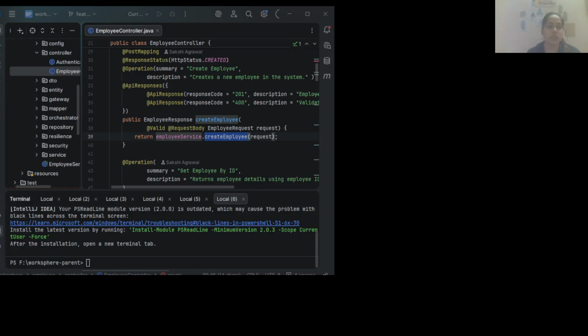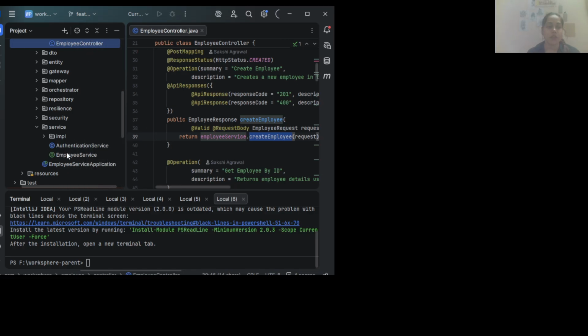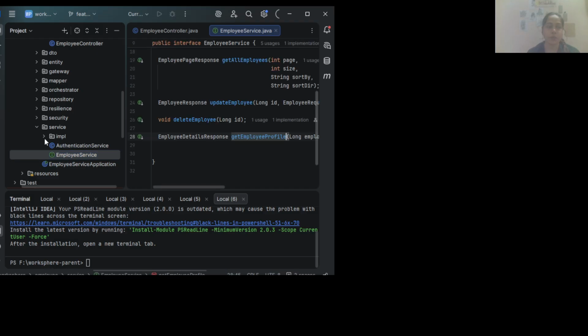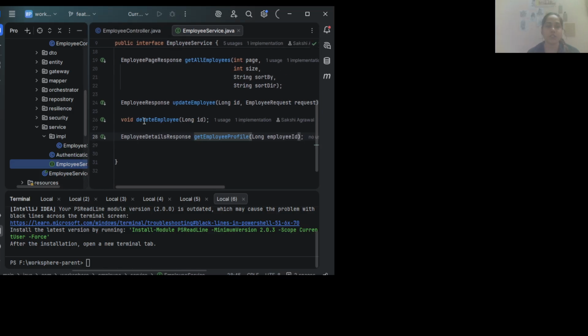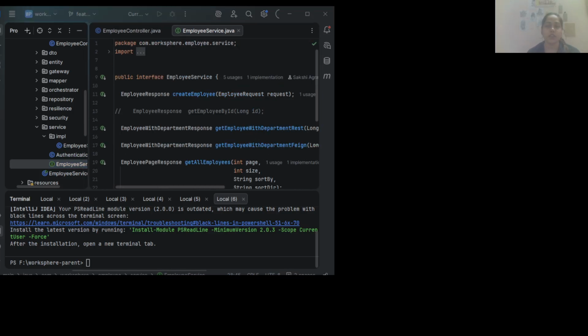Similarly, once the request is sent to the service, you can see we have a service package, and inside it we have one employee service and, alongside it, one implementation class. The employee service is the interface, defining the architecture, how the service should be and what methods it should contain.